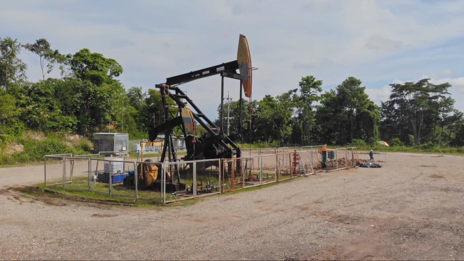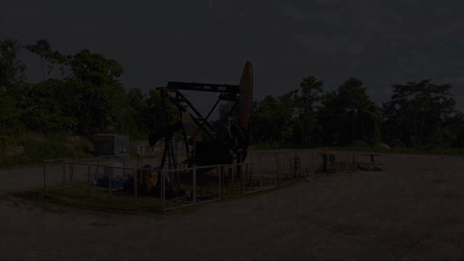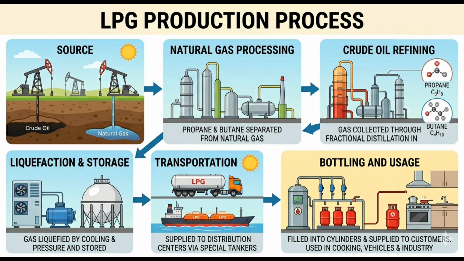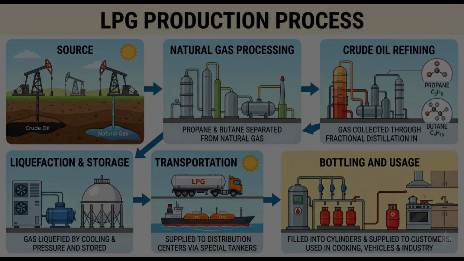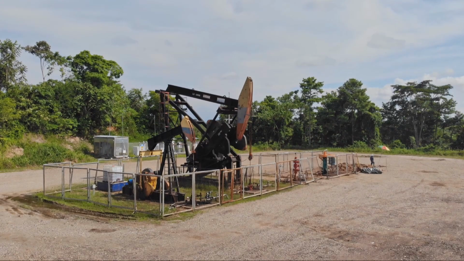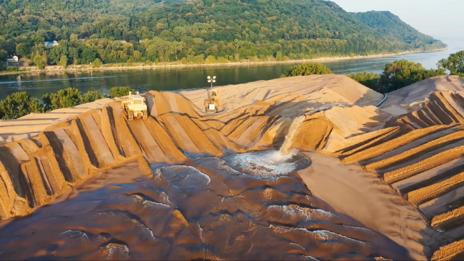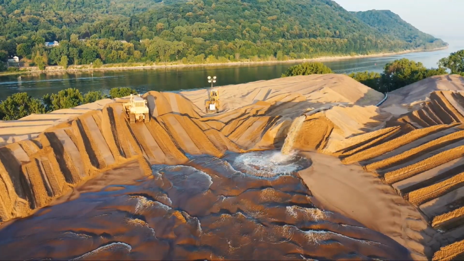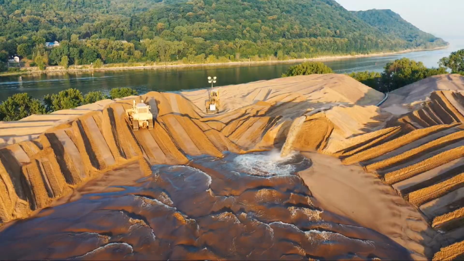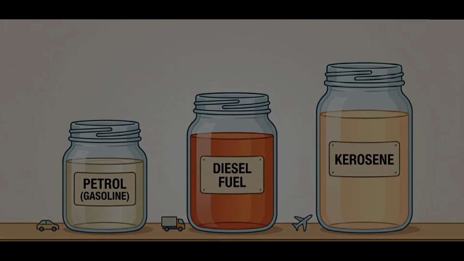Gas is produced with crude oil, and the amount of gas produced depends on the temperature. Oil is produced when the temperature is between 60 and 120 degrees Celsius, and gas is produced when the temperature is above 120 degrees Celsius. On the other hand, oil is extracted in the same way that we bring groundwater up. The gas extraction method is also the same. Anyway, let's talk about how crude oil is separated into components like petrol, diesel, kerosene after extraction.